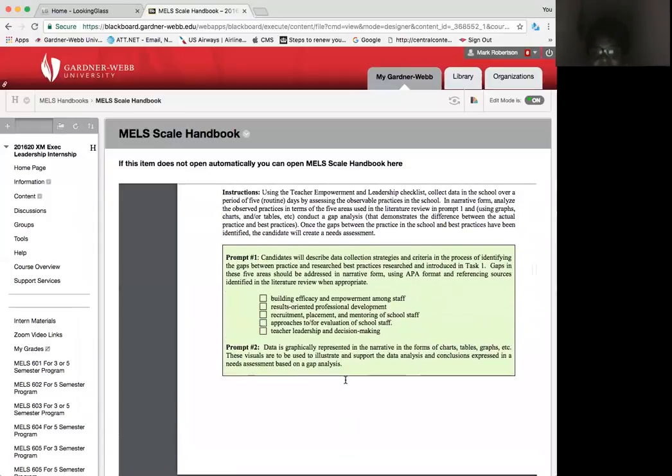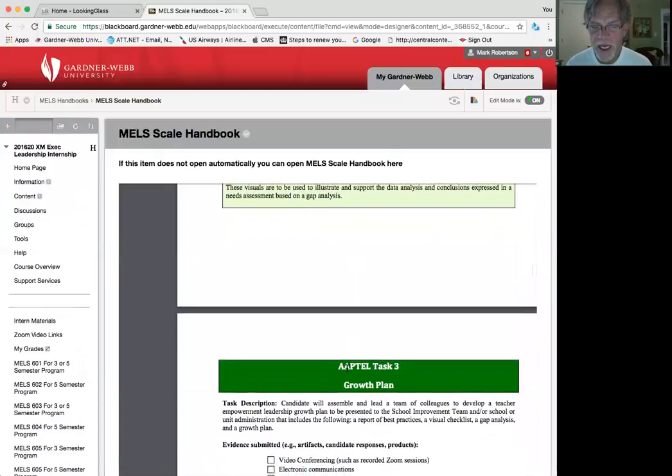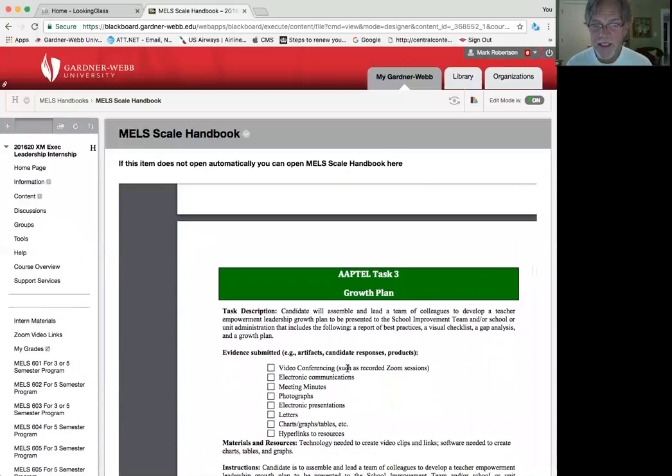Okay, then you put it in your chart, and then they want you to create visuals to show what you found in your research compared to what you found at your school. Okay, and that's Task 2. Task 3 is